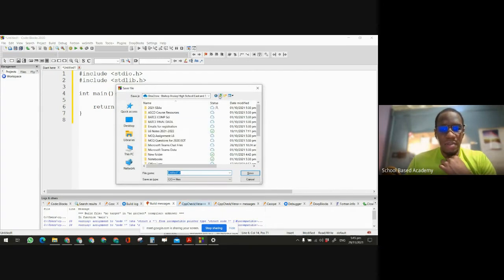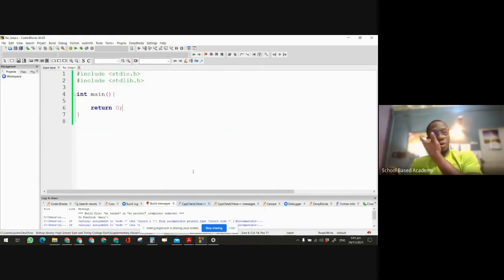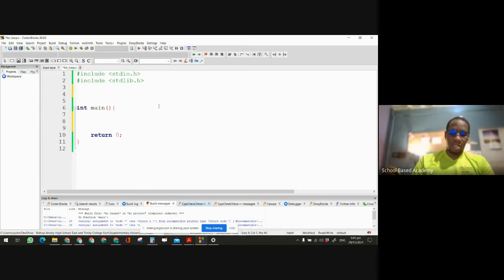All right, so this is not the folder that I was using. Supplementary classes, C_files. Okay, so this first one, we're going to start with the for loop because we kind of took a look at it last week. So we have for_loop.c, and we want to just simply, okay,